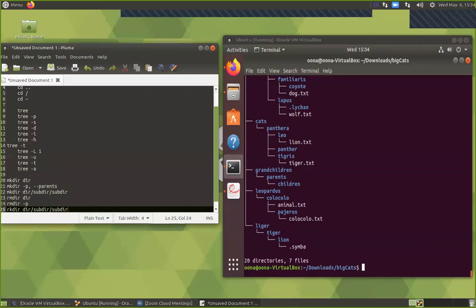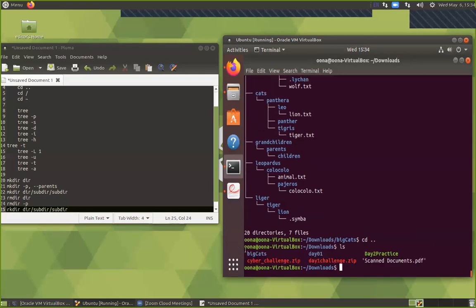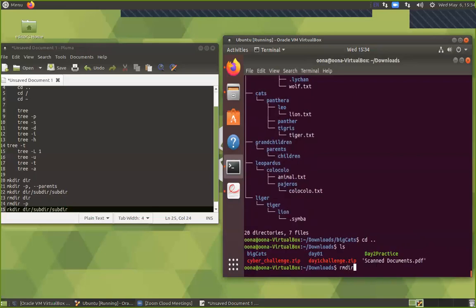RM. Is it RM star? It's dash R. It's ls dash r. No, that's not it. I want RM. So hold on, I'm going to get out of Big Cats, and then we're going to go back to downloads. You guys remember Big Cats? Big Cats has all of this in here. So if I did remove directory, Big Cats,